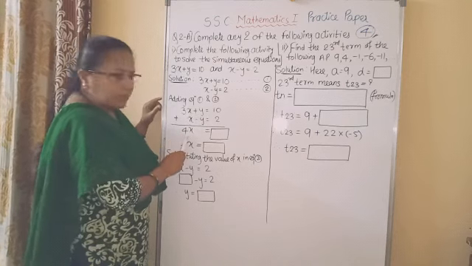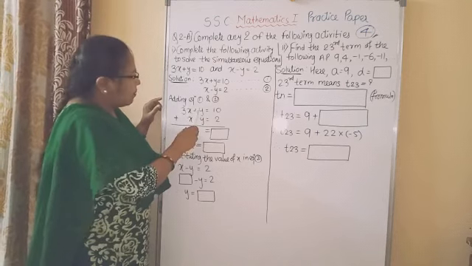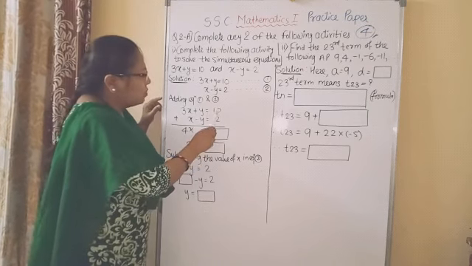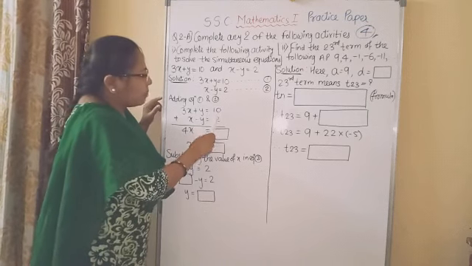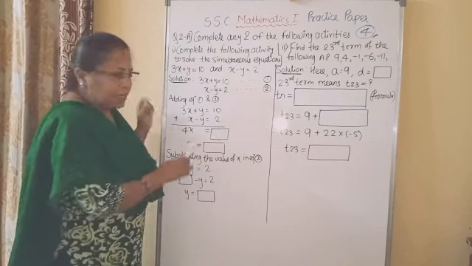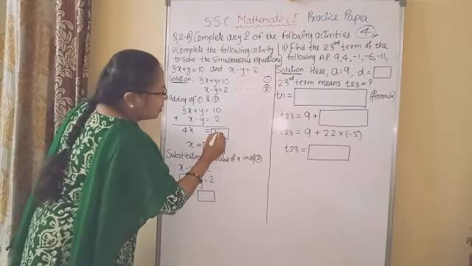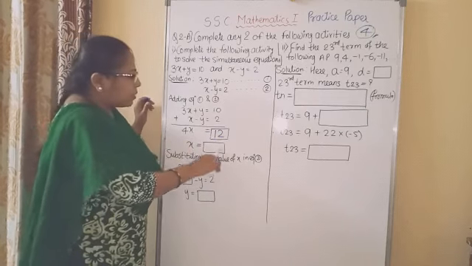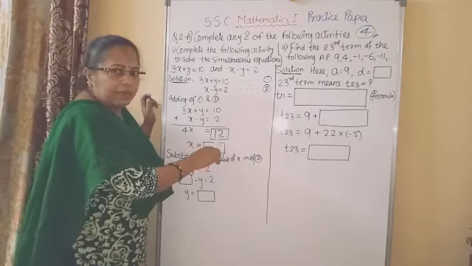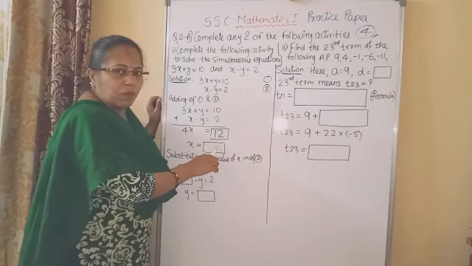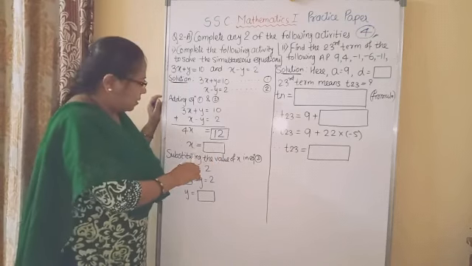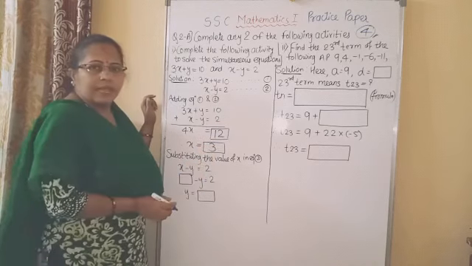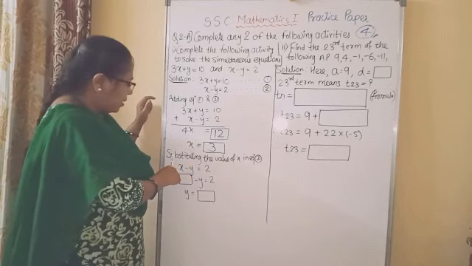3x plus x is equal to 4x. Plus y minus y gets cancelled, equal to, we have to complete this box, 10 plus 2, 12, correct. So write here 12. Okay. Now this 4 we have to take on this side, so it gets divided. So 12 divided by 4, 4 3s are 12. So x is equal to 3. x is equal to 3.